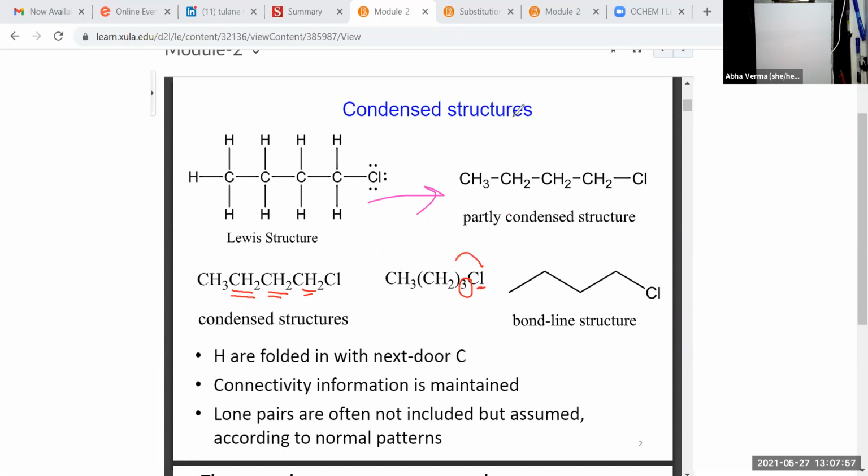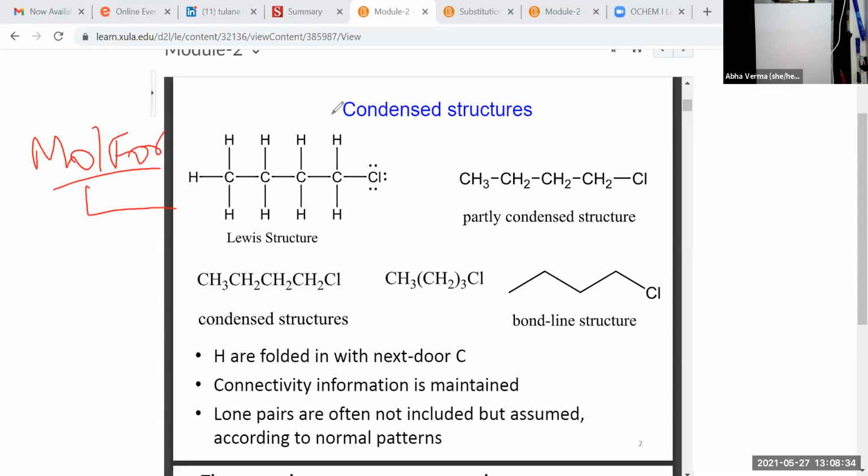And the chlorine is still written at the back. Why? Because chlorine is attached to the carbon right before the chlorine comes. Remember, this chlorine is attached to the carbon right before the chlorine comes. So this is one of the correct versions of writing the condensed structure. And we will look at more condensed structures. But you need to know and recognize that from a molecular formula,